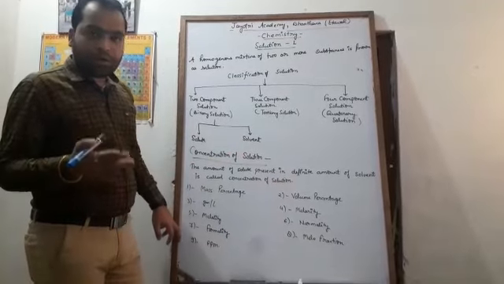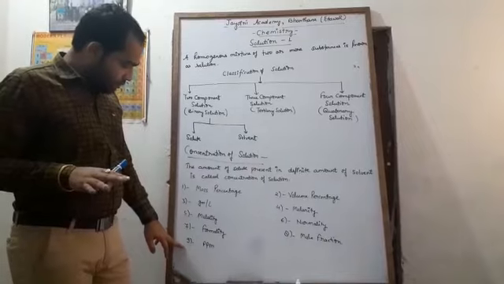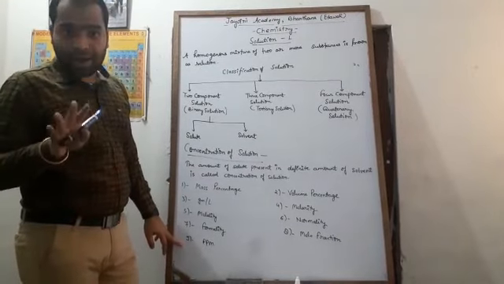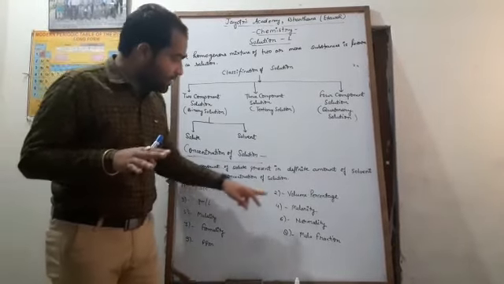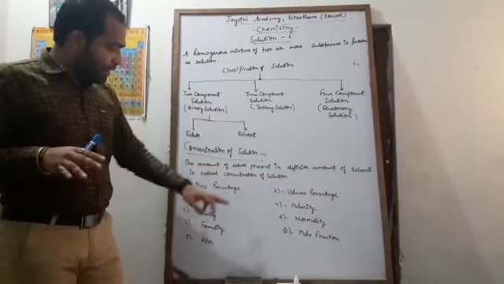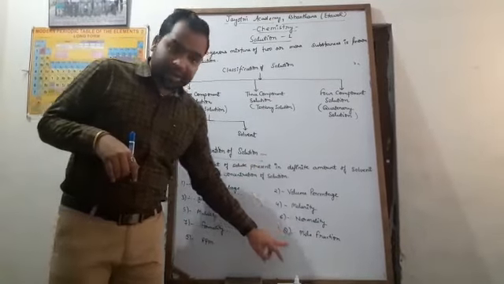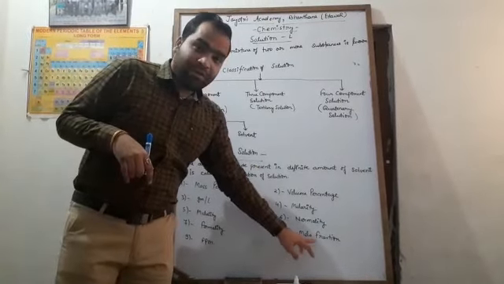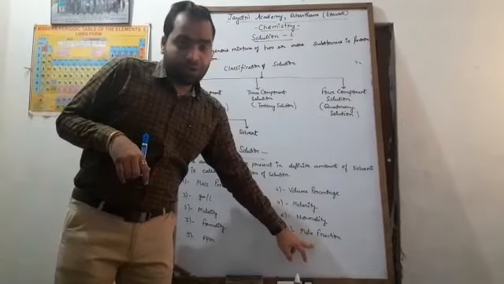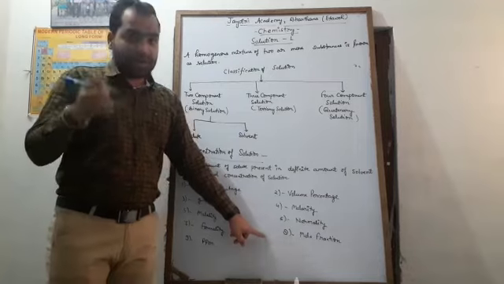Now there are a lot of units to express concentration. In this class we will study only 9 units, that is mass percentage, volume percentage, gram per liter, molality, normality, formality, mole fraction and ppm, among which mole fraction is really important because it will be widely used in the chapter and is new for all of us. All of the units will be discussed in the next video separately.